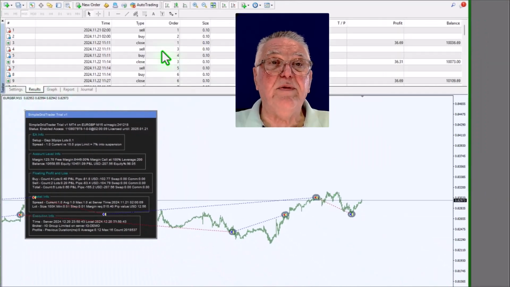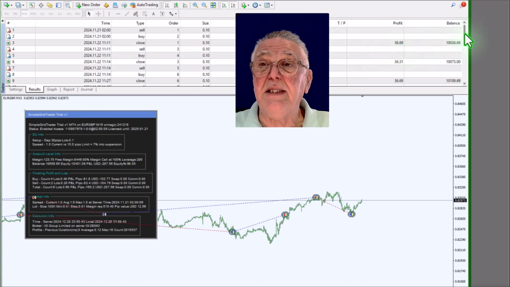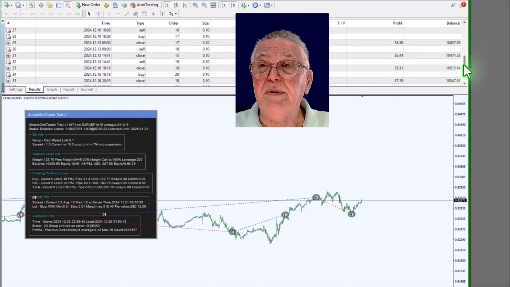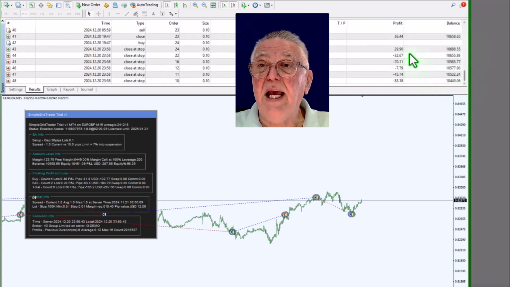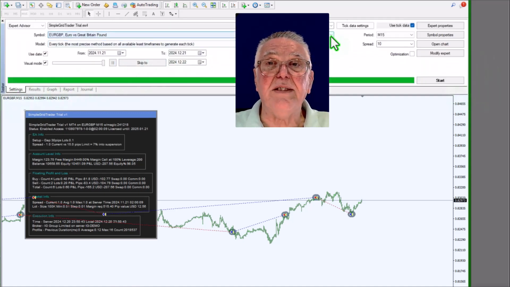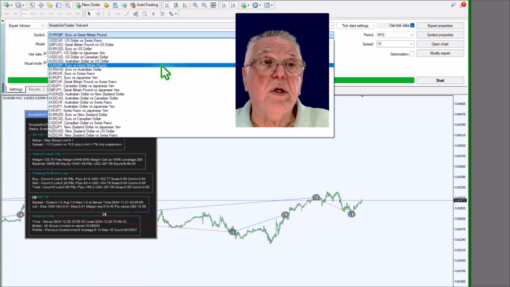You can also see the results as like a normal trading account. You can actually see the results coming through. You can see there's the regular 30 pips being cashed in, and there is the final cash in that has happened. Okay, so let's move on to the next currency, and the next currency is, we'll go for the Oz